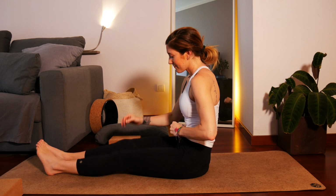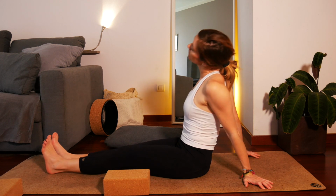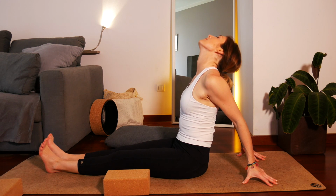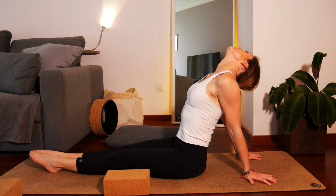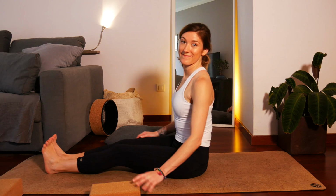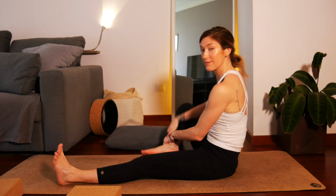Great. Now let's shake out the legs a little, maybe roll the shoulders and neck, whatever you want to do. Flexing and pointing the toes. When prepared, bend the right knee. Bringing the foot in line with the left thigh, we drop the right knee down to the mat,